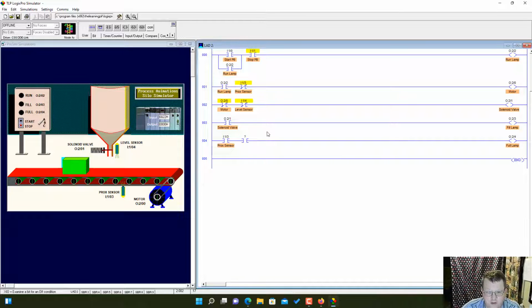So, the level sensor, okay, so the full lamp comes on when the prox sensor and the level sensor come on. Now, one thing that I kind of want to do is the level sensor is supposed to stay on until we leave the prox sensor, which means I kind of need to use something else besides this level sensor to say it turns on. Now, this is going to be a little interesting. I want to come out and say, and this is just another rung, when the level sensor comes on, I want it to turn on